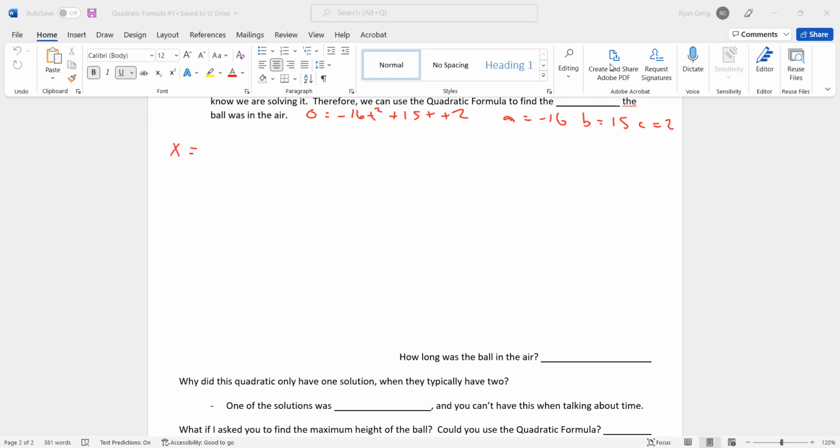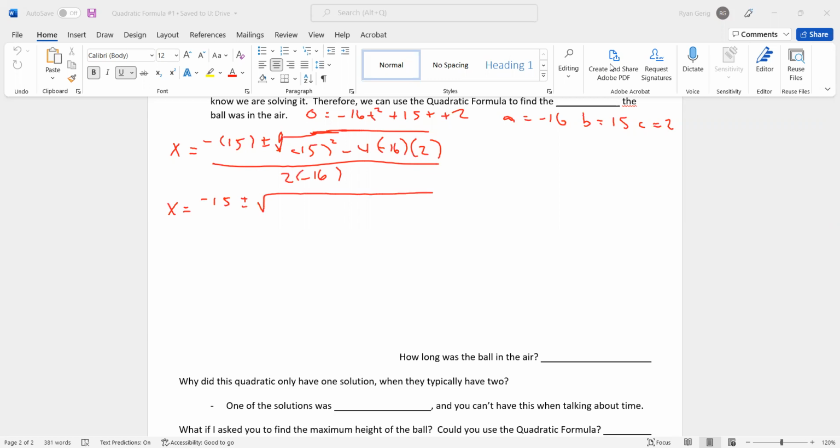Here we go. x equals negative b plus or minus square root of b squared minus 4ac all over 2a. So b is 15, a is negative 16, c is 2, a is negative 16. Let's start simplifying. That's negative 15 on top, plus or minus the square root of 15 squared is 225,